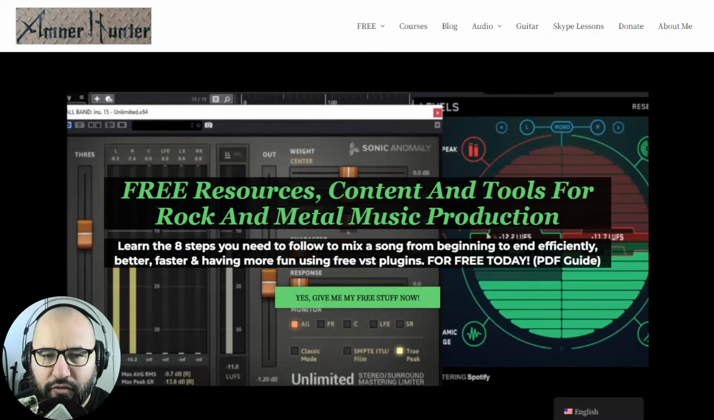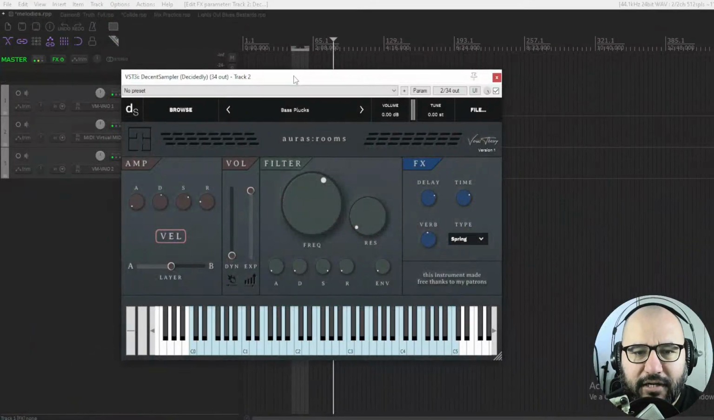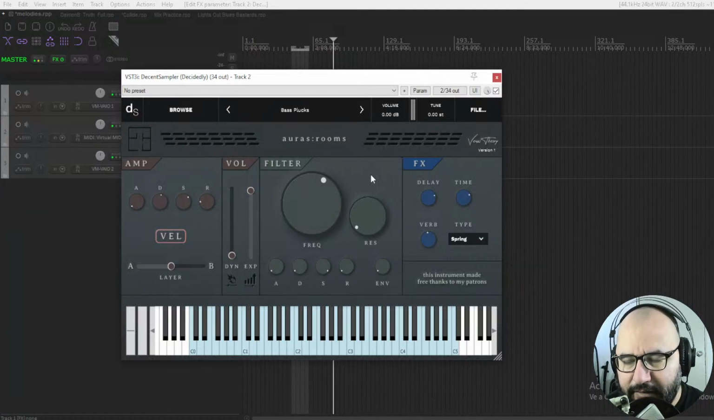Now let me take you to my DAW. Okay, so let's start with this virtual instrument and sample library for Decent Sampler by Venus Theory. This is another one in the series of Aura's virtual instruments. This is the Aura's Rooms, and it's a combination of different real instruments that were recorded in different